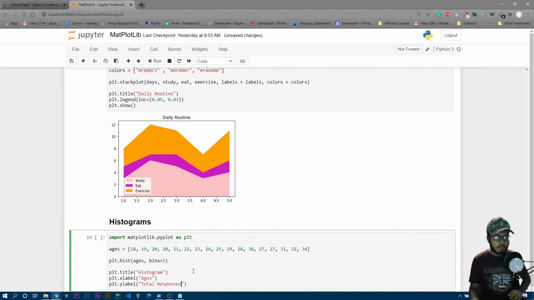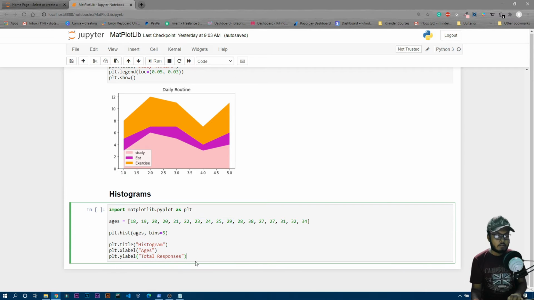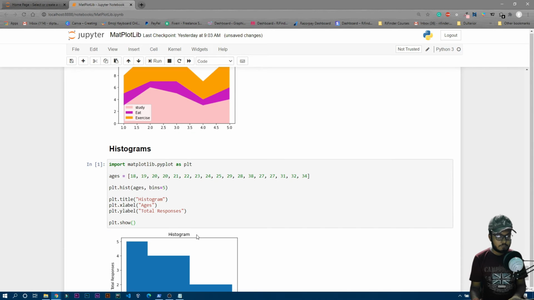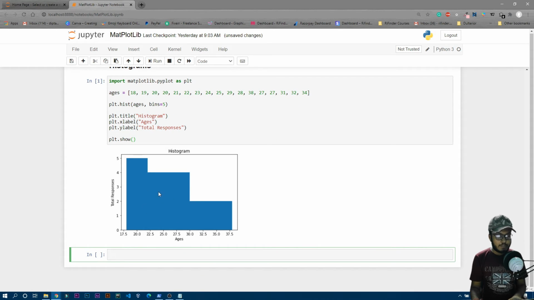That means you can clearly see that 18 is one time, then 19 is one time, 20 is two times. Then the first 5 data means it will count 18 till 22, because 18, 19, 20, 21 and 22, that means total 5 numbers, and in between there are actually these numbers, so there are 6 responses. Then it will count 23 till 27, that means there are 4 data points. And yeah, let's write plt.show now. Okay, now if I run it, you can see it is showing that data, right?